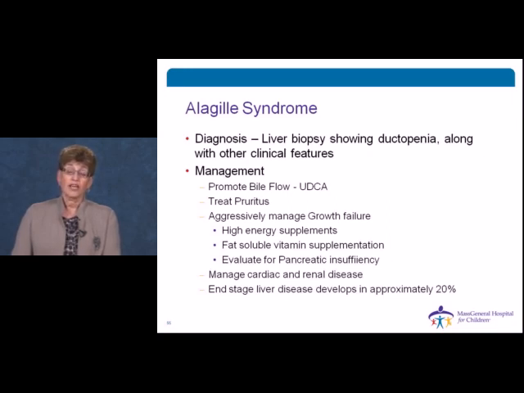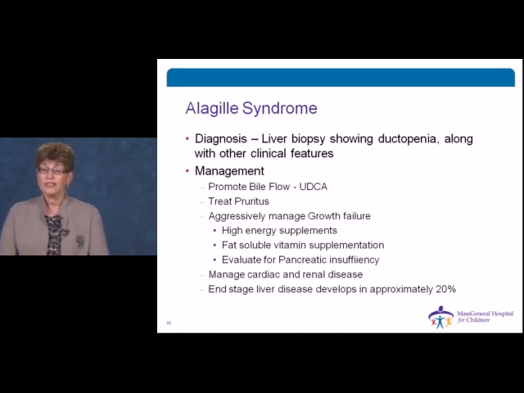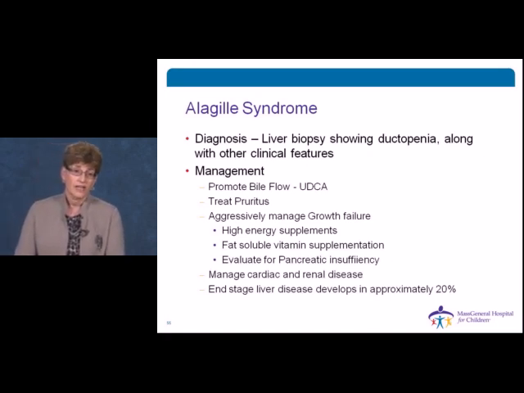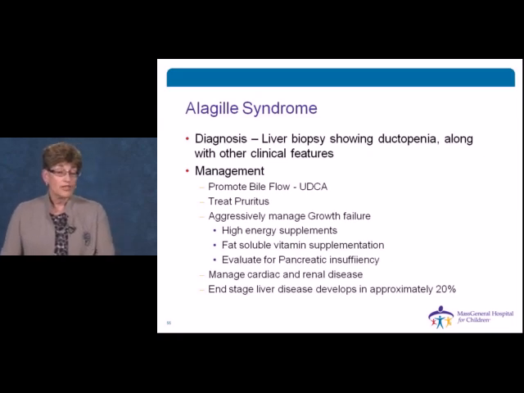So generally, you need to have a good sampling of portal tracts to really diagnose the ductopenia. The management is pretty much the same again as we talked about before. Promote bile flow with ursodeoxycholic acid, treat pruritus, which can be quite significant, aggressive management of the growth failure with high-energy supplements, fat-soluble vitamin supplementation, and as we mentioned before, they may have pancreatic insufficiency, so they may need to